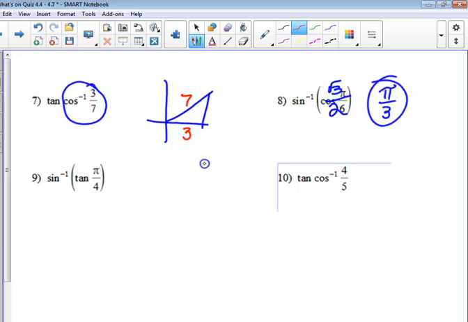Some of us are still struggling with Pythagorean theorem. Leg is 3. The other leg is missing. 7 is the hypotenuse. So 49 minus 9 is square root of 40. 2 square roots of 10. So the tangent is